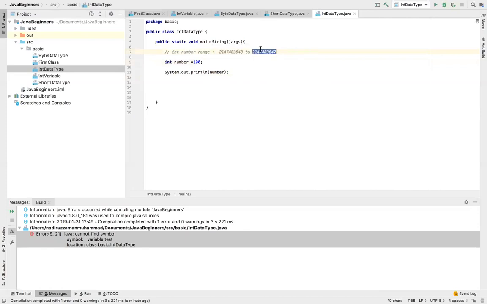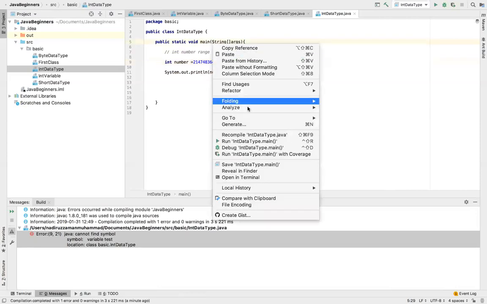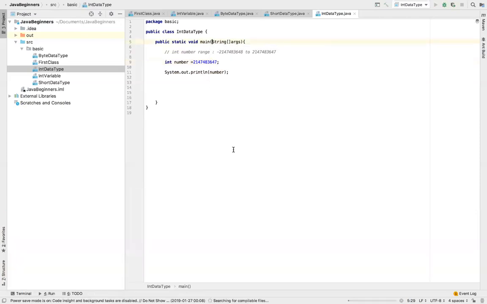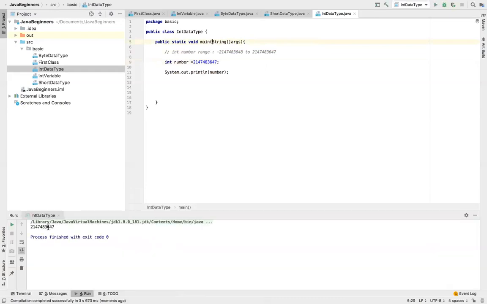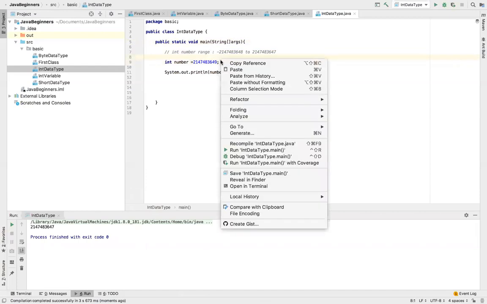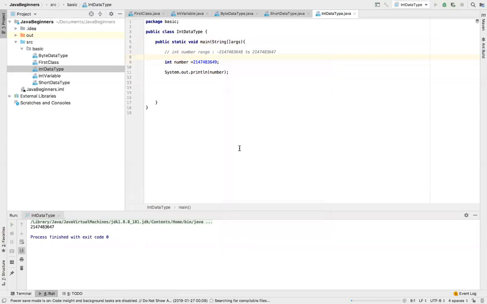So I'm going to copy this one. Now I'm going to run this. Of course, it's going to print out because this meets the Java convention. Am I right? If I put a 9 over here and run this,